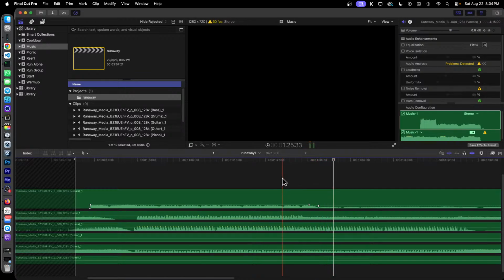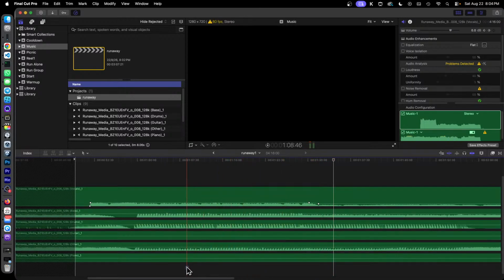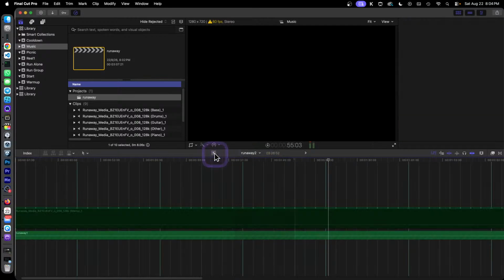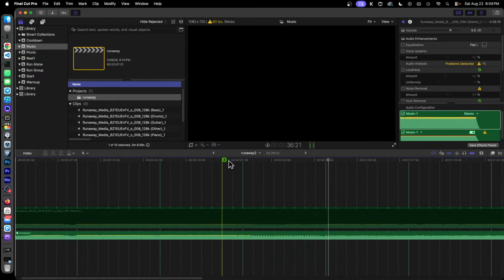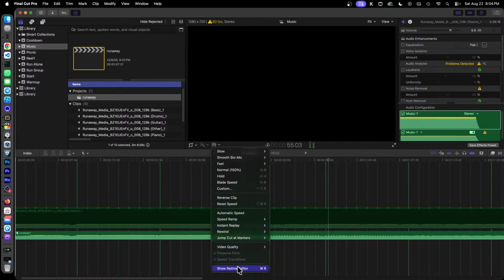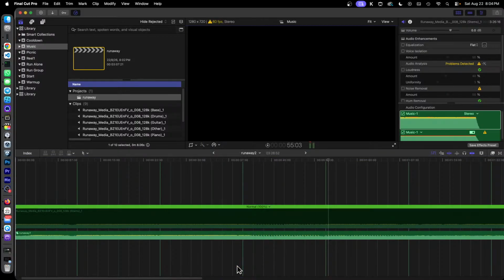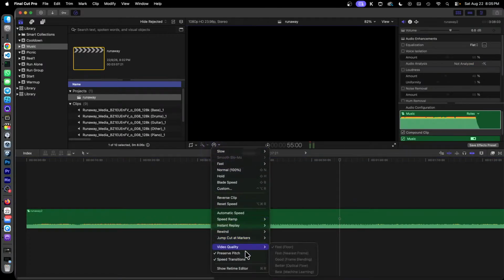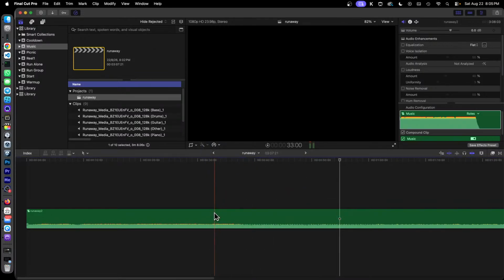Okay, then we did some more tweaks. What we did was that we created a compound clip, and then we did a speed up. If we look at the retime editor, we can see that. Okay, let's do one level up here. Show a retime editor. Yeah, so the one thing that was helpful, let me head back here, is that